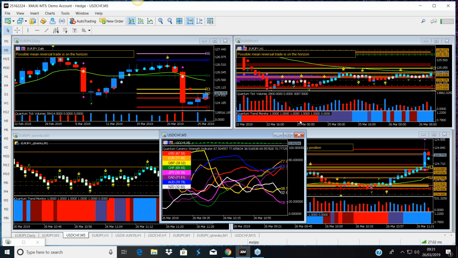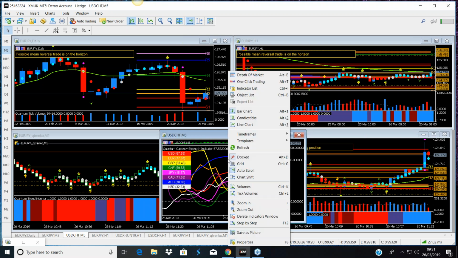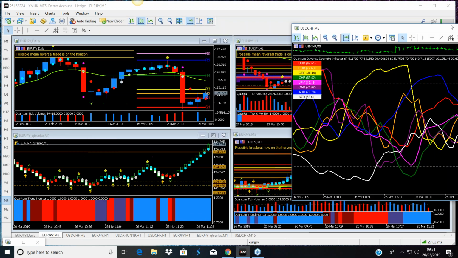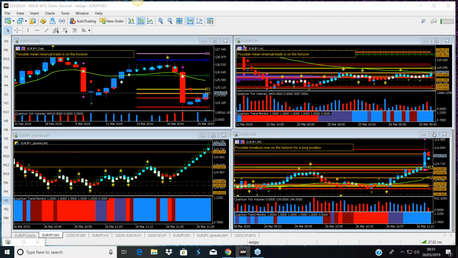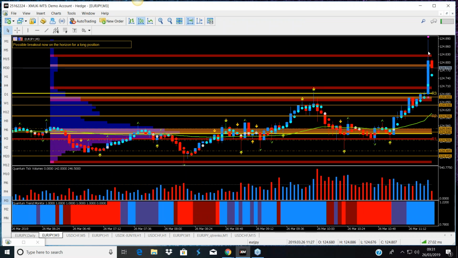So it could just be a pullback because the currencies are reaching overbought and oversold. So is it any surprise we're seeing, as I said, a correction and a pullback? But the volatility candle tells us that is what we can expect. It's knowing what to expect next which will help keep you calm and take away the emotion that is inevitably part of trading.